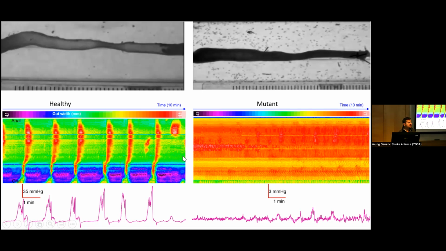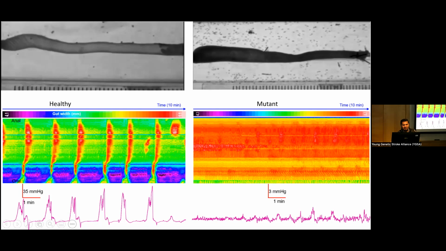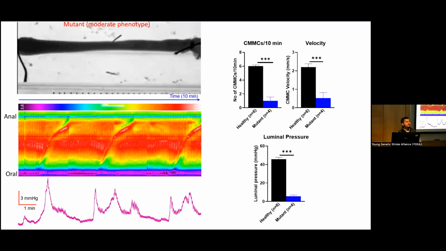And look at the pressure. They have very minimum luminal pressure, but not that type of peak to cause the contraction. So far, one of the mutant mice has no contraction at all. But at the same time, we have another mouse that has got different types of motility. If you look at this pattern,